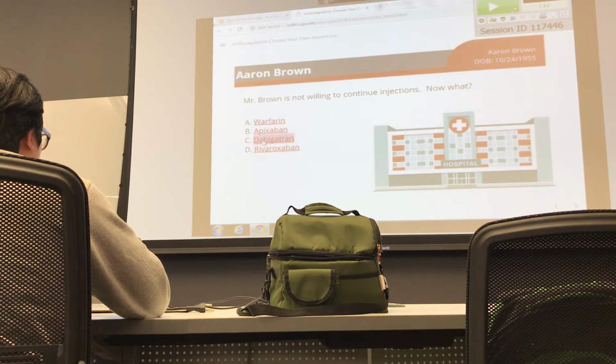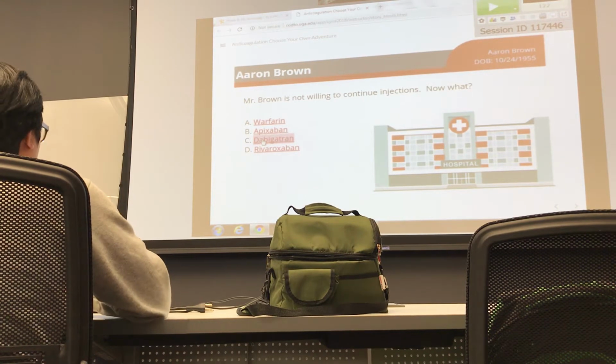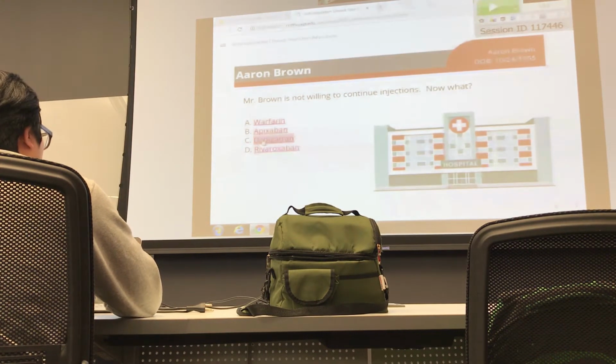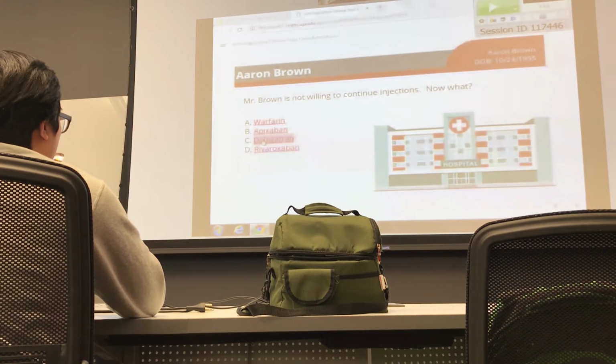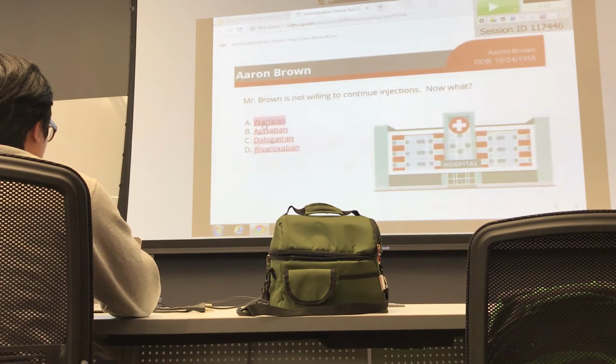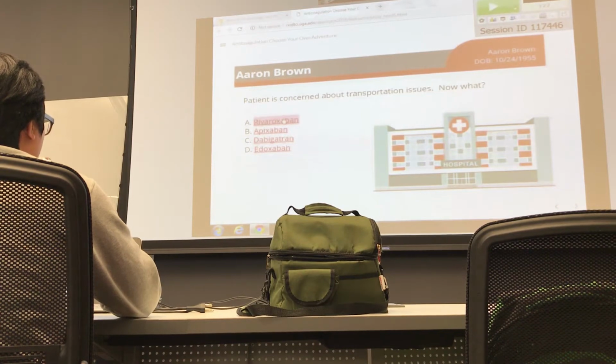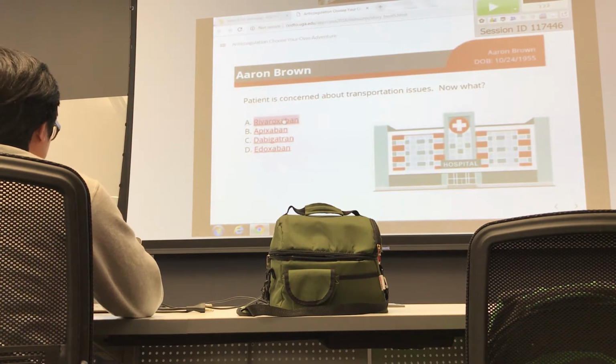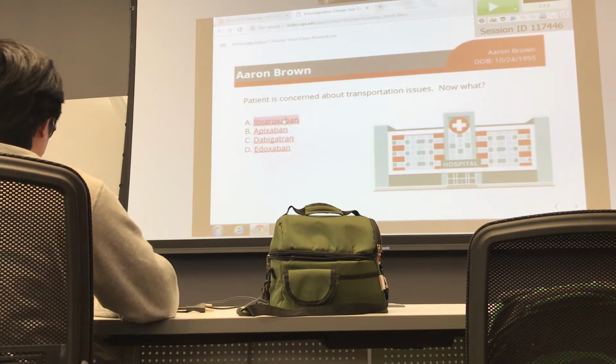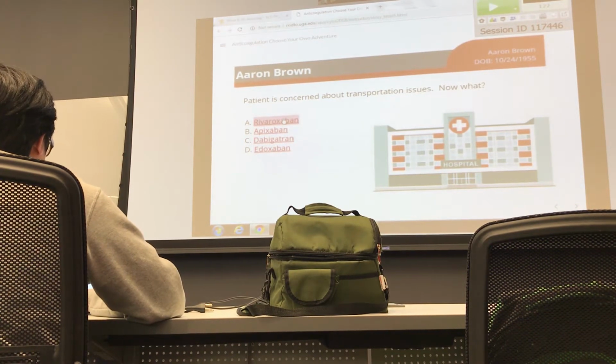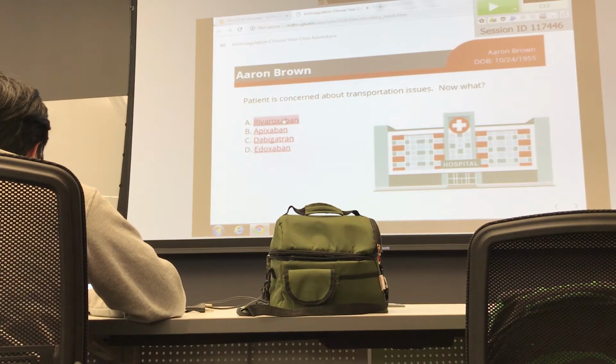That's also a reason to avoid edoxaban. But for this particular patient, he's not willing to do his injection. All right, and then you guys never chose warfarin, but let's just look at that as well. So we already kind of talked through some of the options or why we wouldn't, but one that we missed or didn't think about is the patient also talked about having transportation issues.